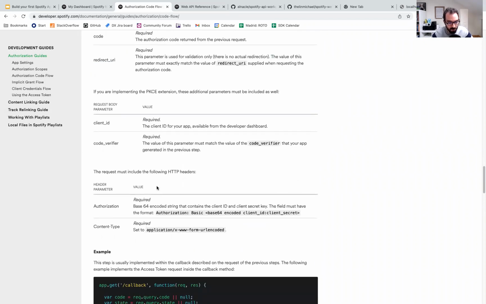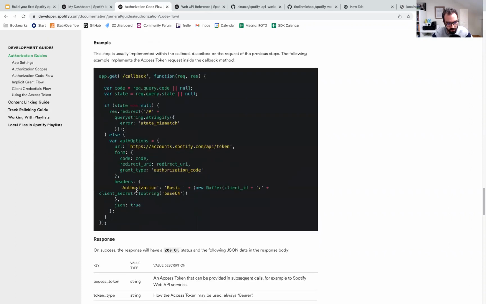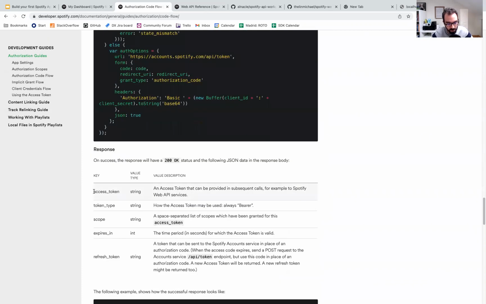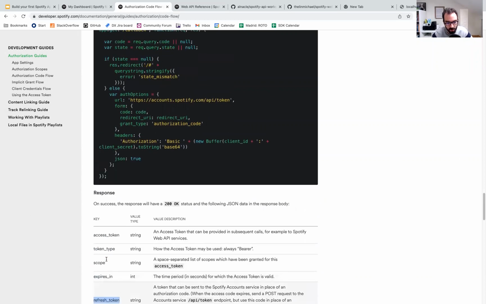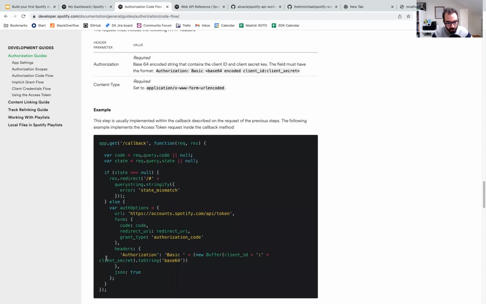The response of the second request of the second step is going to be a JSON structure with the access token, the content type, the token type, and the expiration time of the token, which is usually 1 hour. In case our token expires, we can refresh a new one using the other token. Okay. So what we need to do is, similar to the example, implement